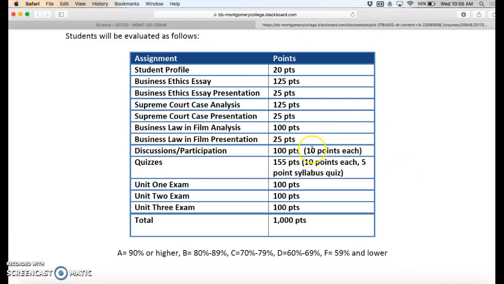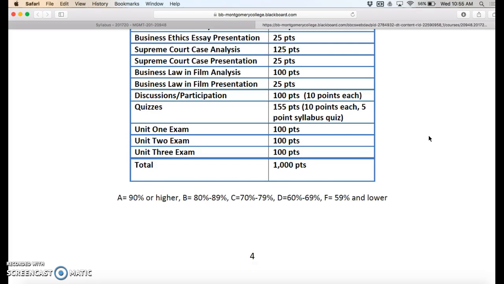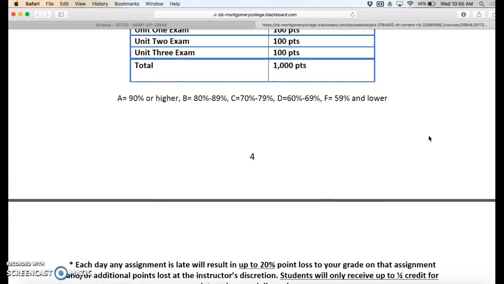You will notice that there's a lot of points given to the projects in our course. Those are listed here. And so you really need to make sure you're completing all of the projects and doing high quality work. If you fail to complete a project, it really can impact your grade.